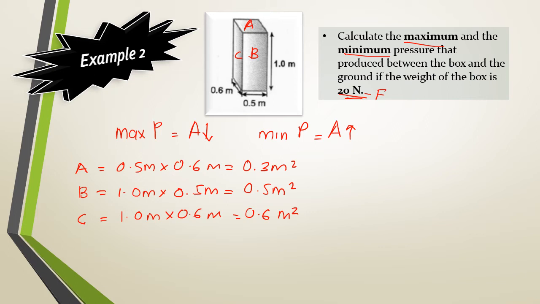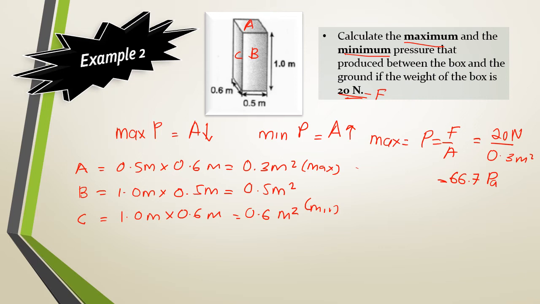So, yang mana paling kecil? The smaller surface area will be A. Okay, ni adalah maximum. Okay, yang ini adalah minimum. So, kita kira macam biasa. For maximum, P equal to F over A, where kat sini kita ada dah 20 Newton over 0.3 meter square. So, the answer will be 66.7